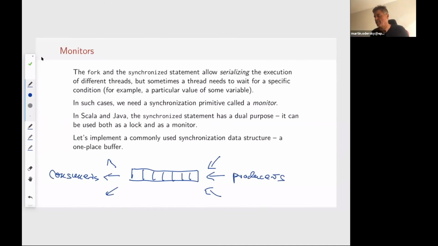These buffers typically have a finite size, so when they're full, producers have to wait until they can produce further elements. And when they're empty, consumers have to wait. To keep things as simple as possible, for the moment, we'll just look at a buffer with a single place. Producers put something in the place, think of a mailbox or something like that, and consumers take it away.